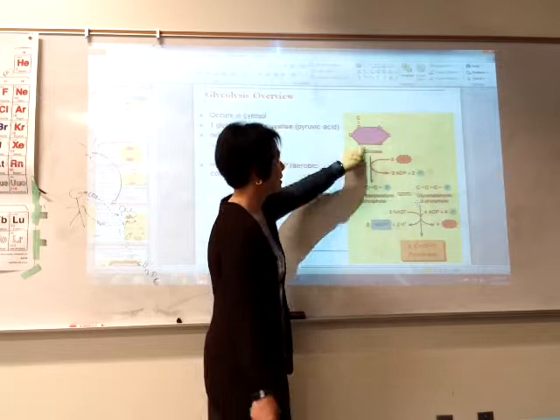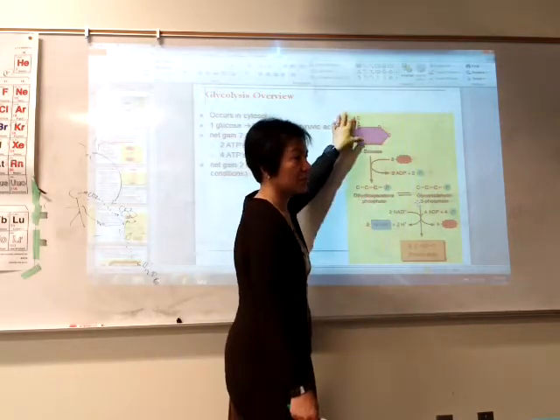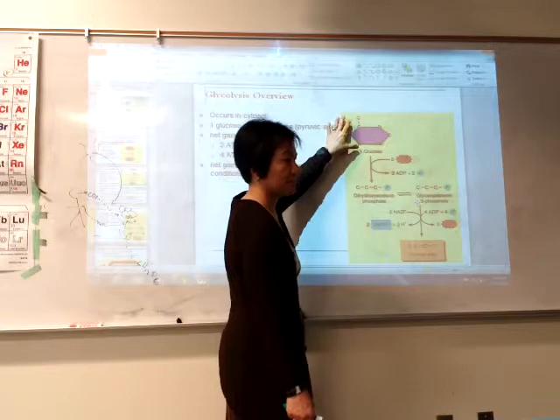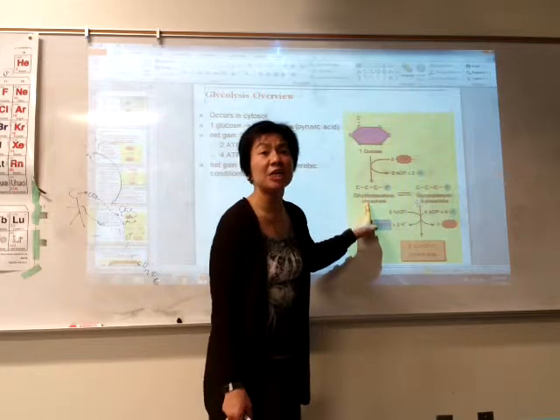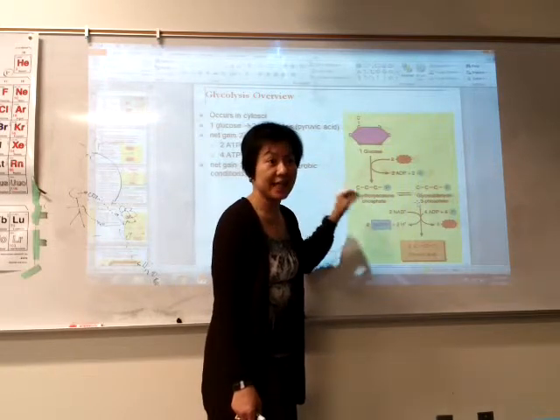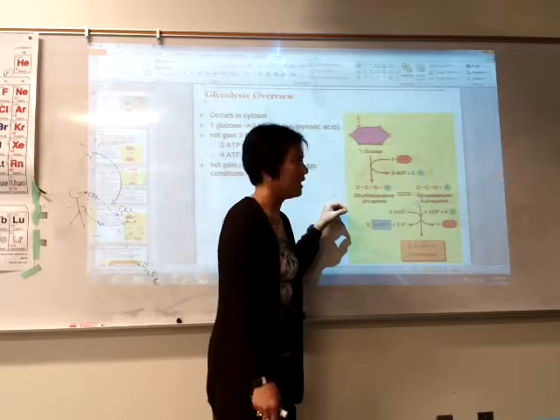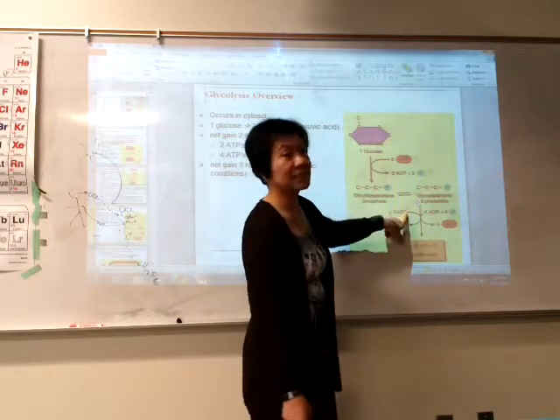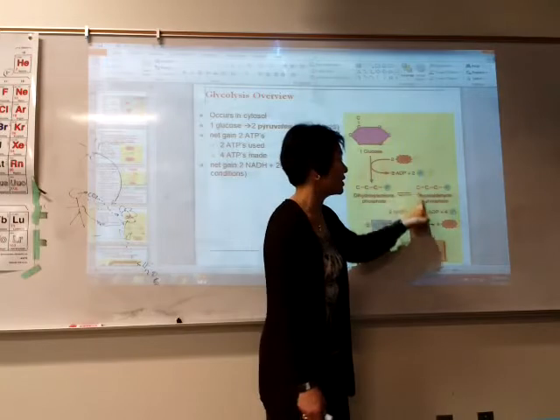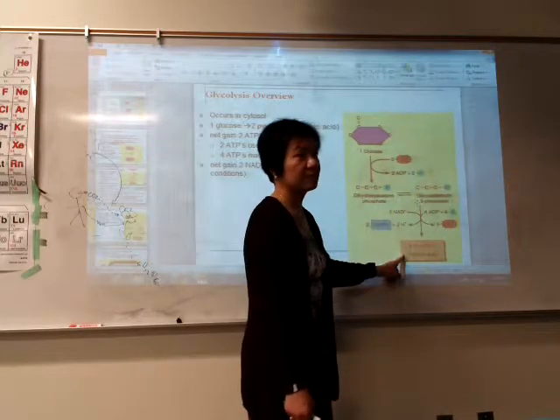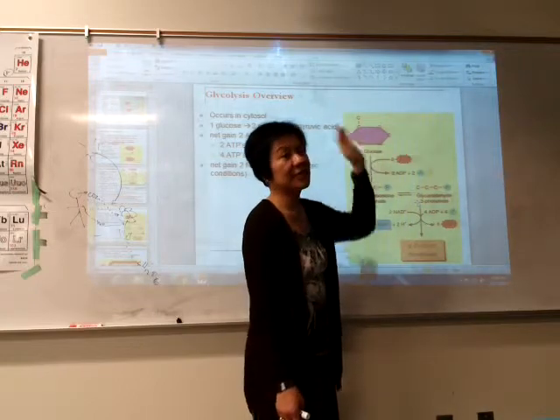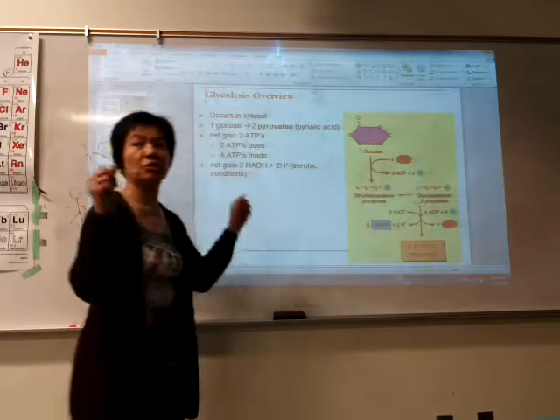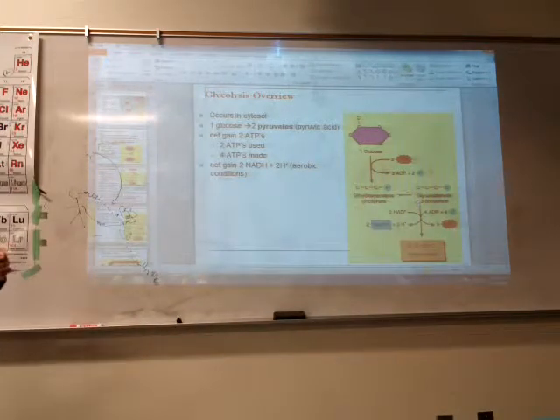So here's your glucose. This is another way to write the glucose formula, C6H12O6. And through glycolysis, where is this happening? You should know where this happens: in the cytoplasm. The process of glycolysis breaks this down into two pyruvic acid molecules. So this is pyruvic acid. But when you broke the bond, you release the energy. So there's already energy. And that's, when you do your weightlifting or resistance exercise, that tides us over for about